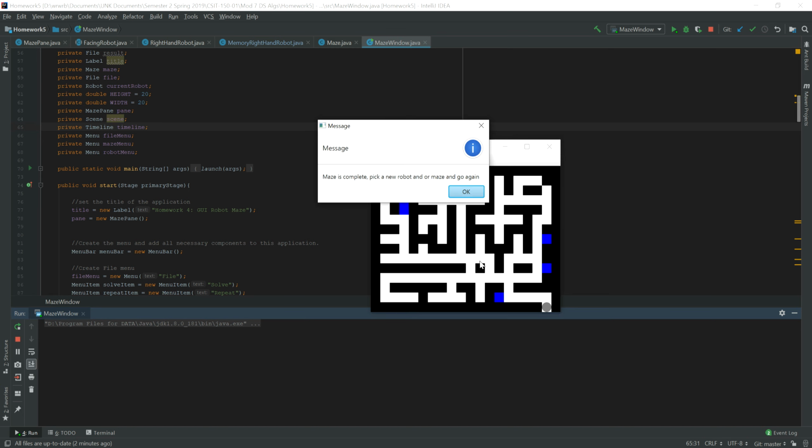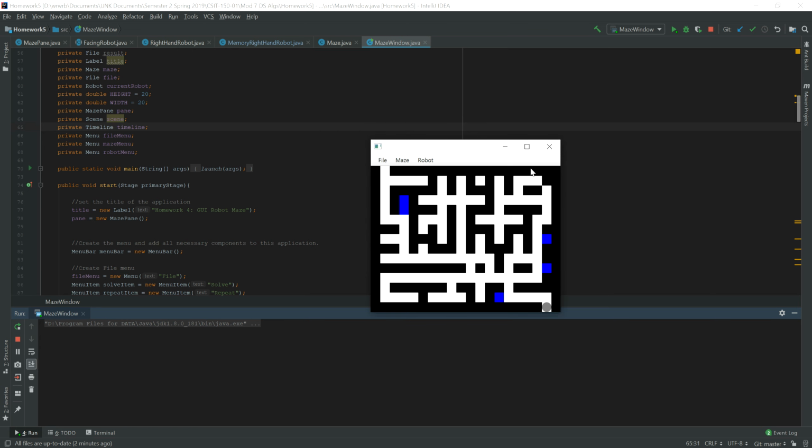If I was to put an exit somewhere right up here in the top right, it takes way too long to get to that spot. So I don't know if it's something I need to look in my code that I've written, or if it's maybe even in the Java source code, which is highly unlikely. It's probably just me making a mistake, but that's what I found out with